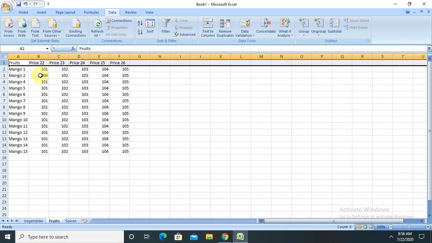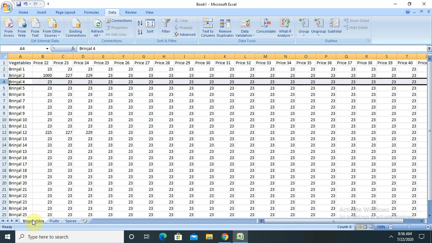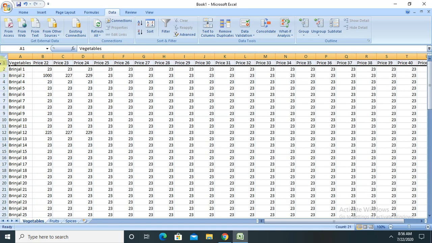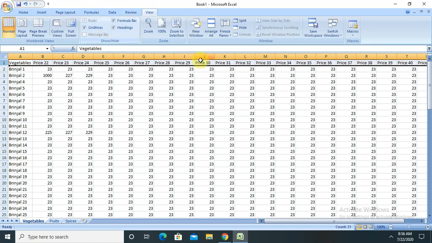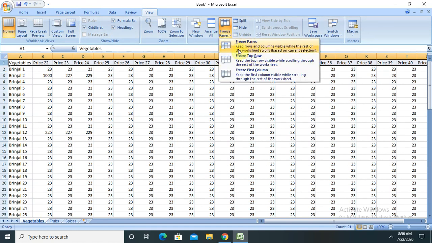If I want to freeze this header, for freezing this header we just have to go to View, and from here you can select Freeze Panes, and you are able to see 3 options are available.